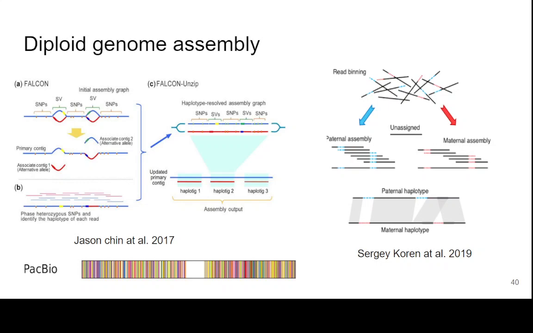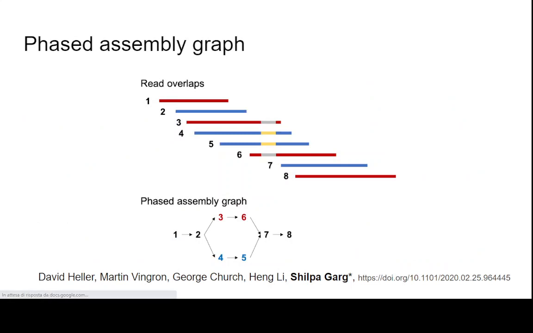This uses trio information, and it was designed for PacBio CLR reads. So the haplotypes that it got were not on the chromosome scale. There were many, as we see, there are many colors here. That is the fragmented. So to overcome this issue, here we proposed